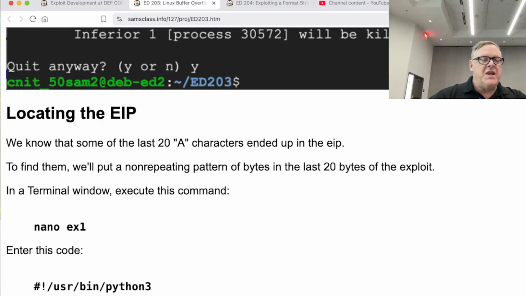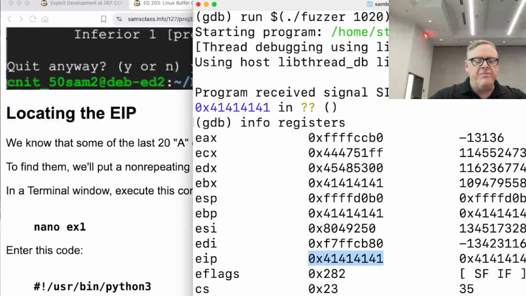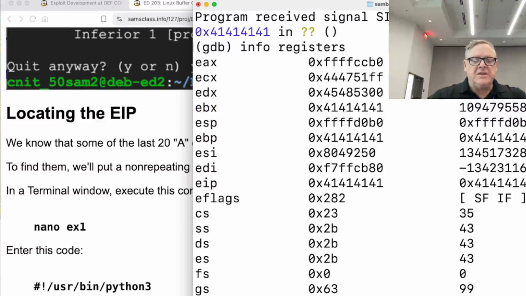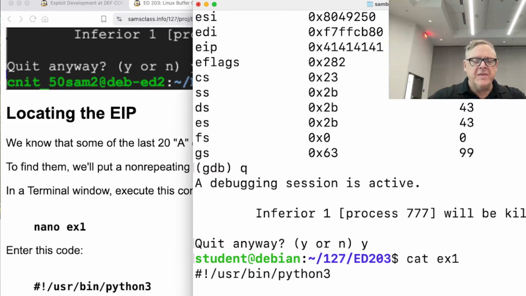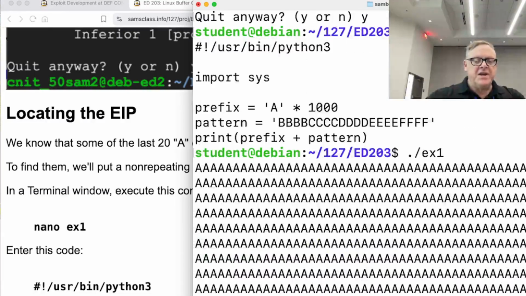So we'll do this EX1. Let me get out of here. All right, and let's cat EX1. Do I have EX1 here? Yeah. So here I make 1,000 characters, and then I just put B, B, B, B, C, C, C, C, D, D, D, D, E, F, just the non-repeating characters at the end. So if I run that, that's what it does. The last 20 characters are that, so I can tell which ones of them are ending up in the instruction pointer. So if I debug it again,